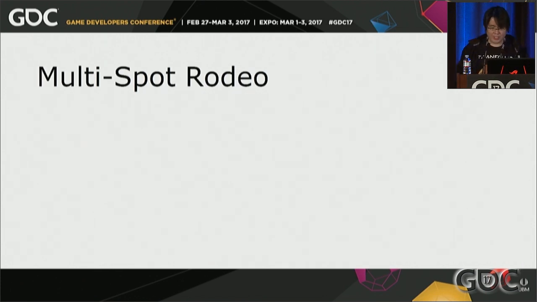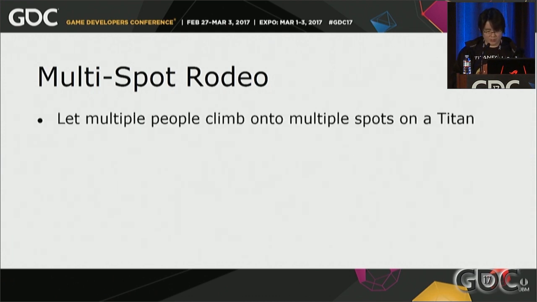One last thing I wanted to show was the idea of having multiple spots for rodeo. We actually tried this idea at multiple times at different points in the project, but I'll just show you footage of the latest prototype of it. So remember that one of the largest persistent frustrations of rodeo is that there's only one spot available on the back of a Titan, and sometimes you can't tell there's already another pilot on it